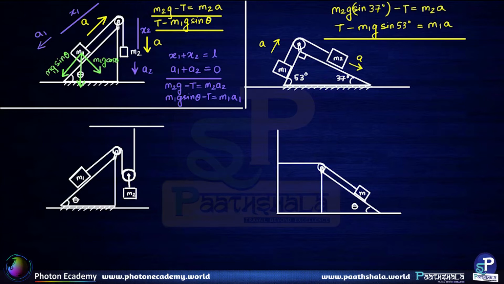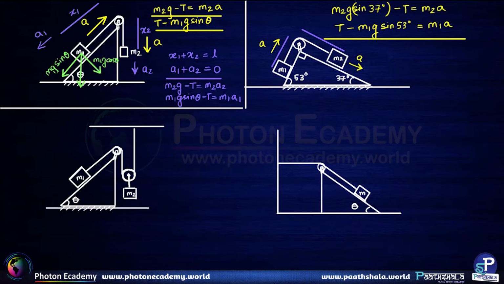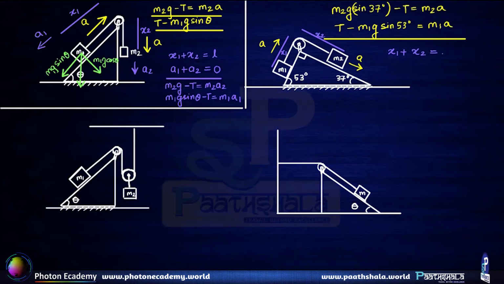Now if we do employ the method of constraint motion, then in that case we would have to take this particular distance as x2 and this particular distance as x1. Ignoring the circumference length of the pulley, which gets differentiated out to be 0, we can now write down the constraint motion relationship equation for the string as follows: this length happens to be x1 and this length happens to be x2. So x1 plus x2 is equal to the length of the string.